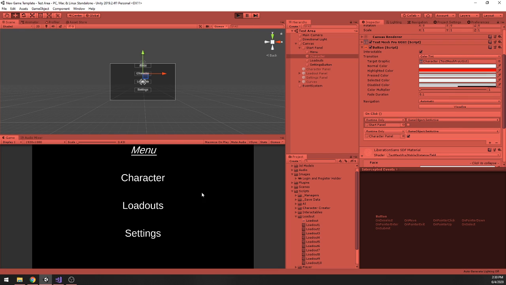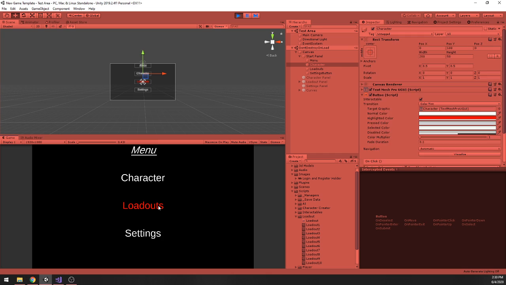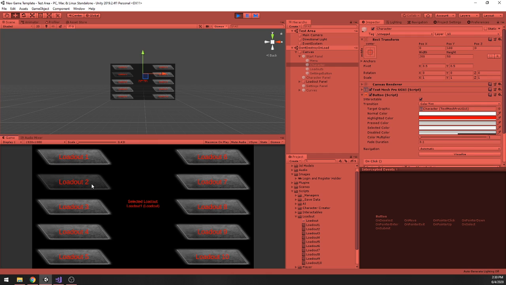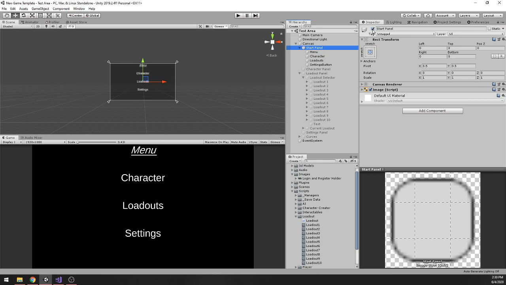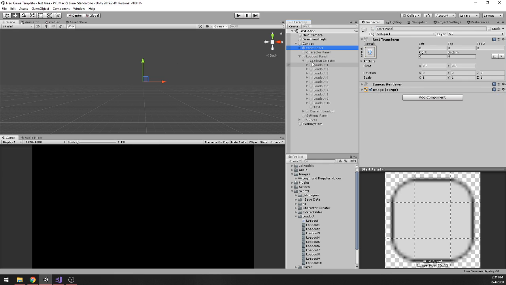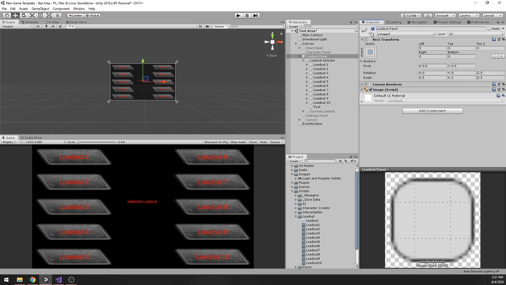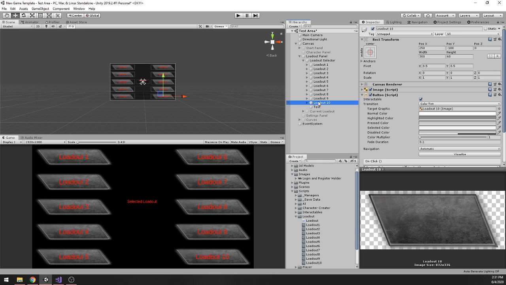So we'll press play, and if we click loadouts, see selected loadout, we'll click 2. Well, I didn't put the disable in there. And one thing I forgot to put in was a back button, so let me do that in my loadout panel. I got too happy with progression, and I forgot to add the button in there. So we're going to add another button really quickly. Let's just duplicate loadout 10, set this to back button,